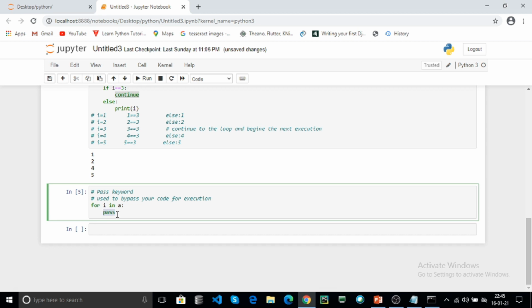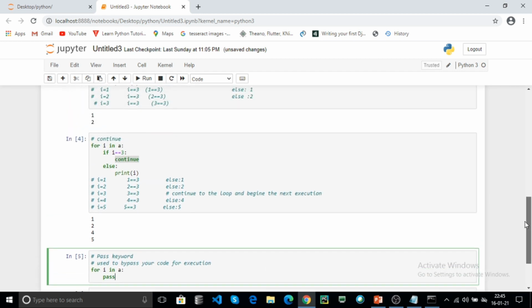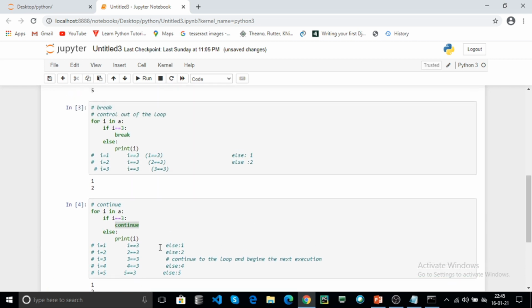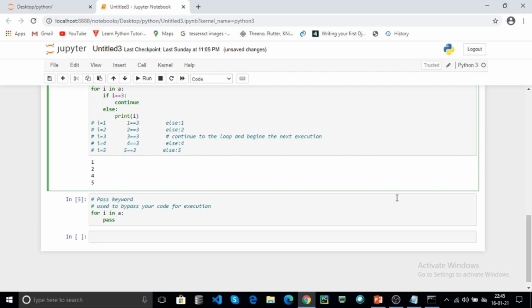The pass is also used for compilation errors and code debugging. The pass is used in if conditions also. The continue and break statements are used in loops only, either for loop or while loop. These are the control statements.